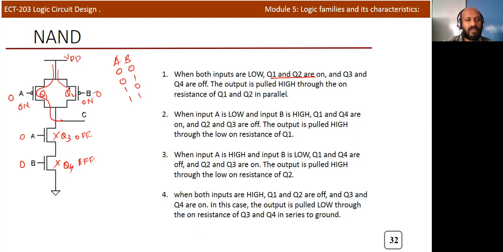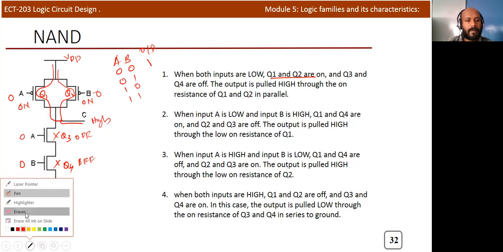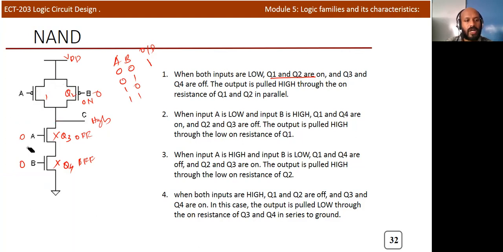So it can take two paths. This transistor will also be in the on condition. So at the output side, you will get a high value. Okay, high. So when both inputs A and B are 0, your output becomes high. Okay, so we got one explanation. Now we need to discuss the other combinations.